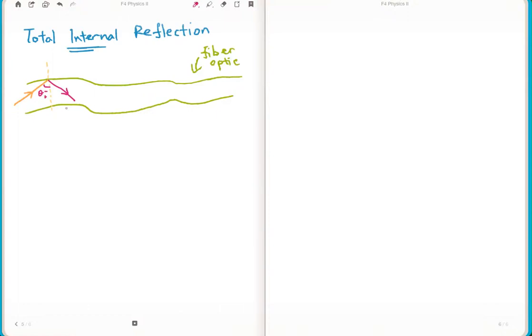Okay, giving you the same reflection. That's why it's called reflection. Now this is a very special case because here,